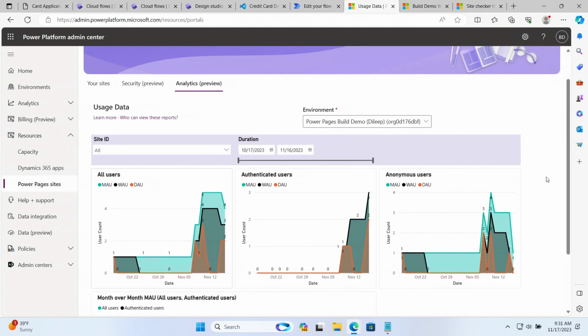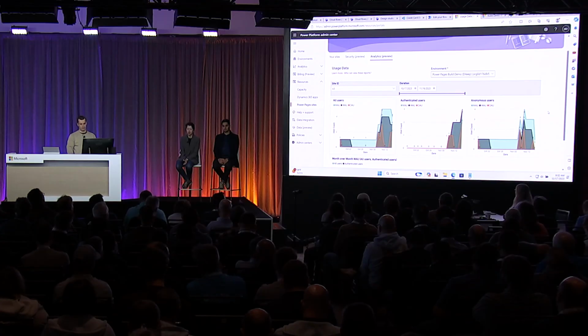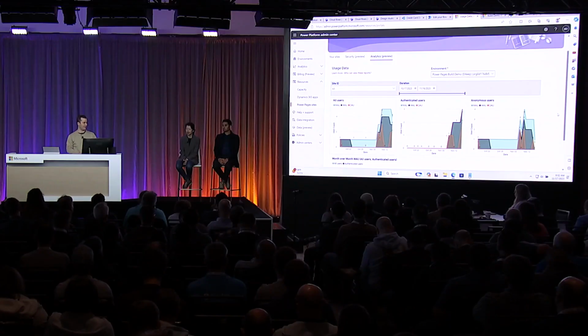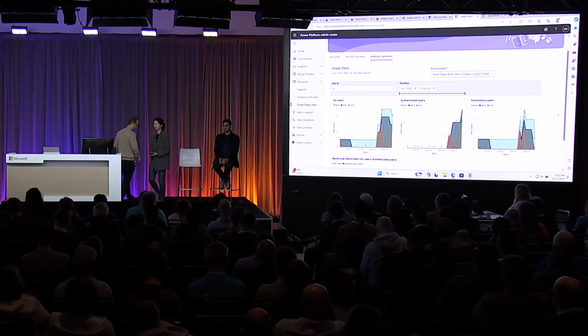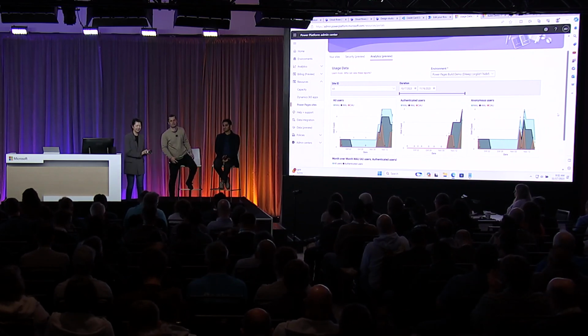These are the main things that I wanted to show here, and just to really highlight the power that's available to you in the admin center. We're trying to make everything in one place so it's easy for admins to have that holistic view for all their sites across the tenant. So with that, that's the end of this demo, and I will pass it back to Cindy. So thank you, Brad. That was a great demo.